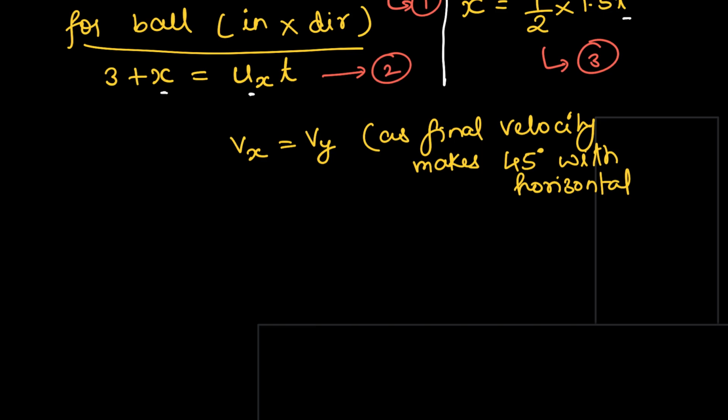Now in projectile motion, the ball is in projectile motion. So for the ball, the x component of its final velocity will be equal to the x component of its initial velocity. So you can just write Vx as ux equal to Vy. The y component of velocity keeps on changing, right, because there is an acceleration in the y direction. So we can write Vy as uy minus gt.